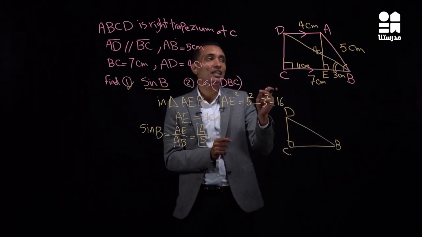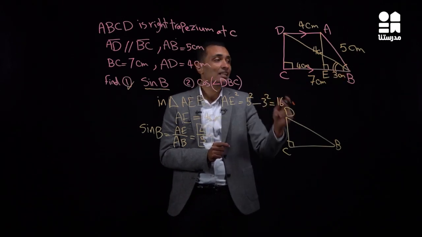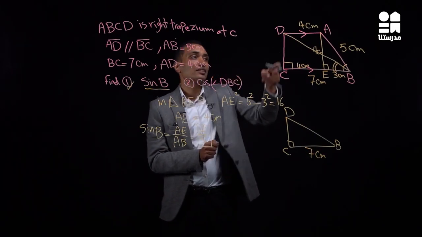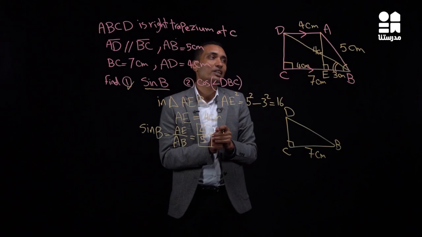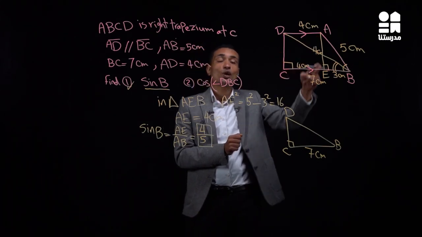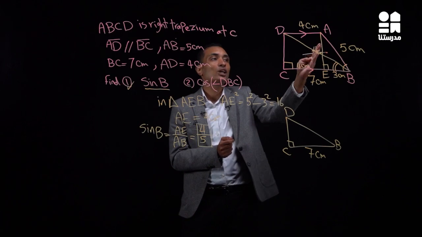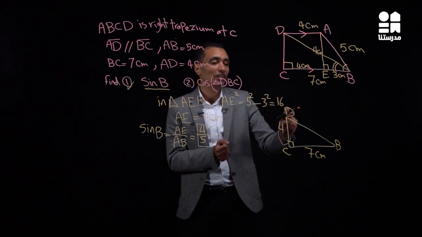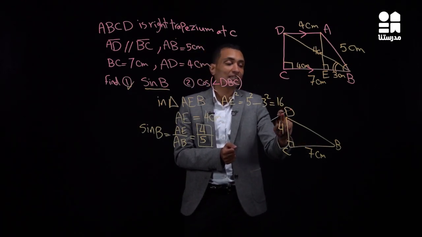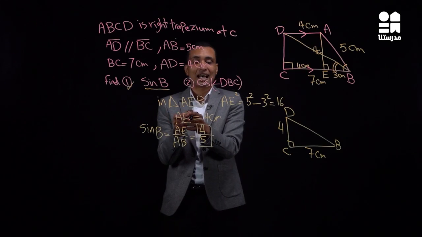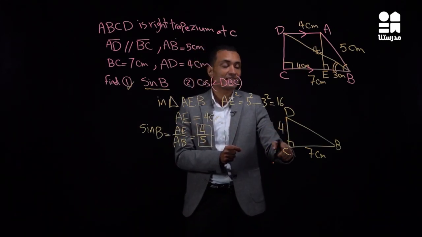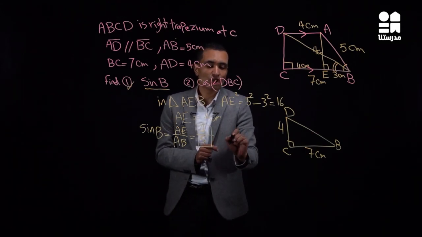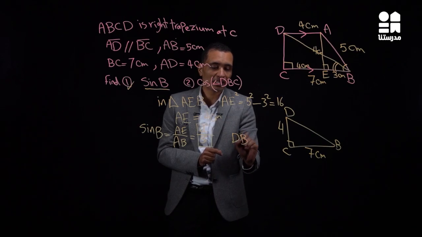طيب I know that the side BC is equal to 7 and the side DC I don't know it. No, it's opposite to AE. هو قصاد ال AE. So I can write the same number 4. طيب كده مين اللي فاضل لي؟ فاضل لي أجيب the hypotenuse which is DB. طيب بنفس الطريقة اللي عملناها in triangle بس المرة دي DCB I will find the hypotenuse. طب الهايبوتنس بيجي ازاي يا مستر؟ So DB equals